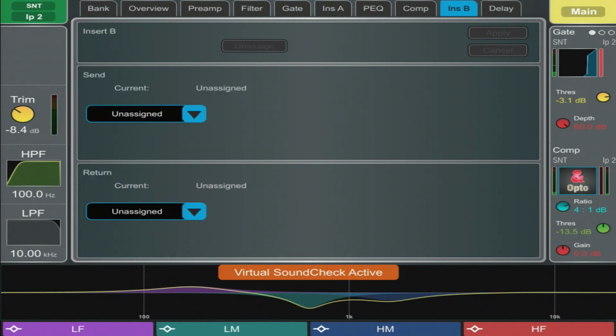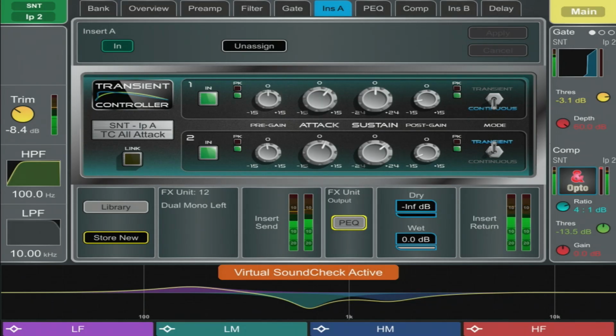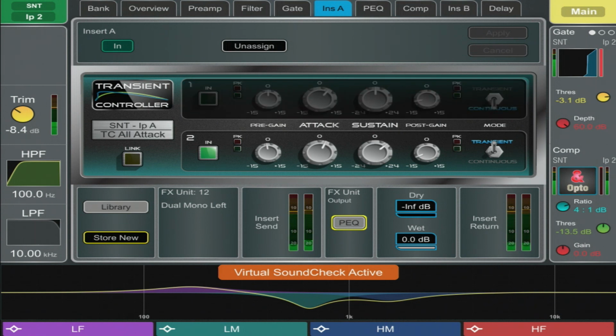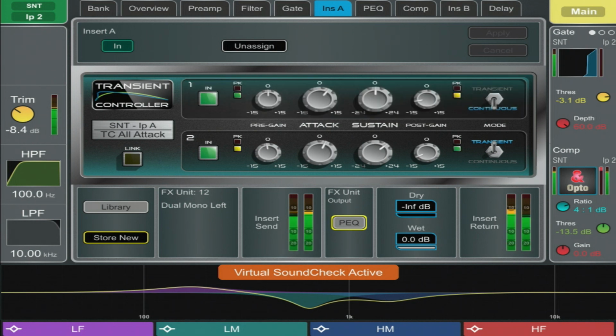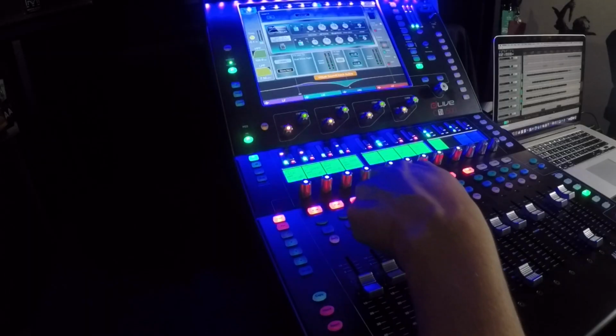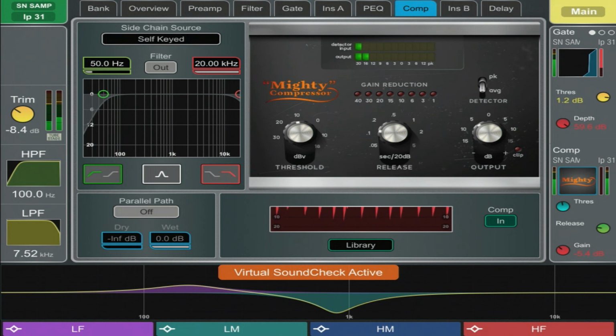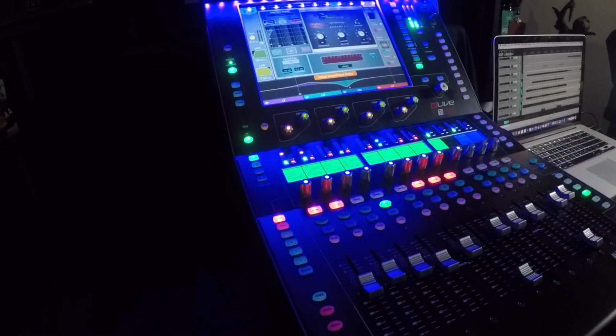Okay, snare, what have I got going on? Again, I'm using the Transient Controller. Now, if I take it away, cool, giving my snare more attack. So then again, I've got this sample I've created, which is just being absolutely pounded by Mighty. But when I put it all together with the overheads,